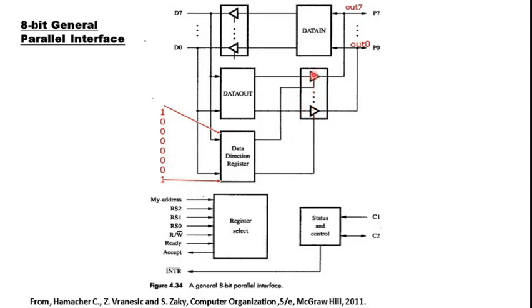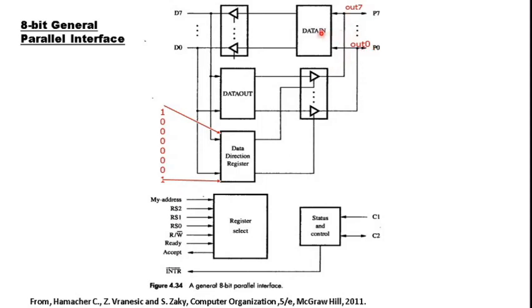Only the tri-state buffer corresponding to the MSB and the one corresponding to the LSB will be activated. So when this pattern is fed to the data direction register, at P7 you will get the 8th bit of data out, which is out 7, then at P0 you will get the first bit of data out, out 0,